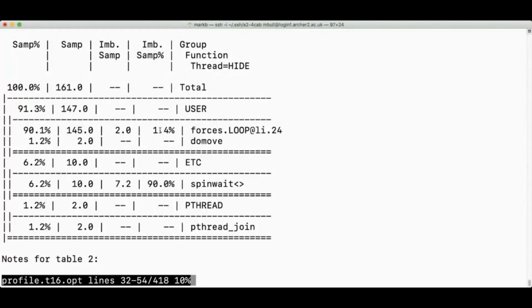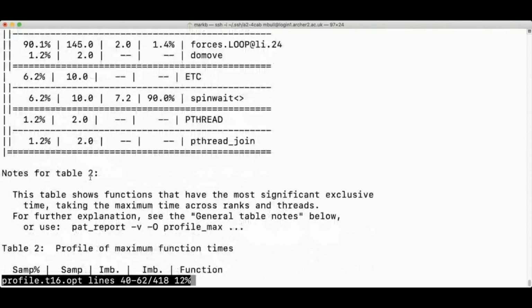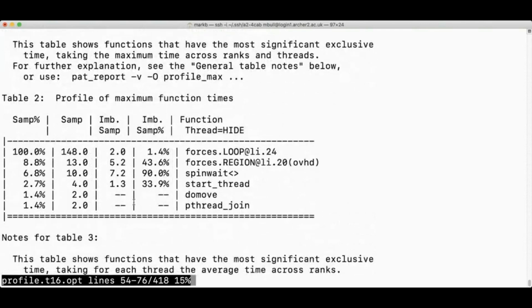The imbalance has gone down from 50% to just over 1%. I still have a bit of time in spin wait, but that's less than it was. It's still reporting some overhead associated with the parallel region, but it's a lot less than it was.